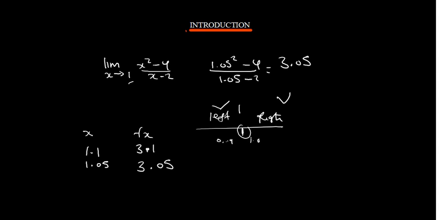It can be rounded off. You can't round it to 4, so this one will remain 3. This one will remain 3. So this limit from the right and left is trying to approach a fixed number, and that is 3. So when you have this as your conclusion as you are working this, then you say the limit